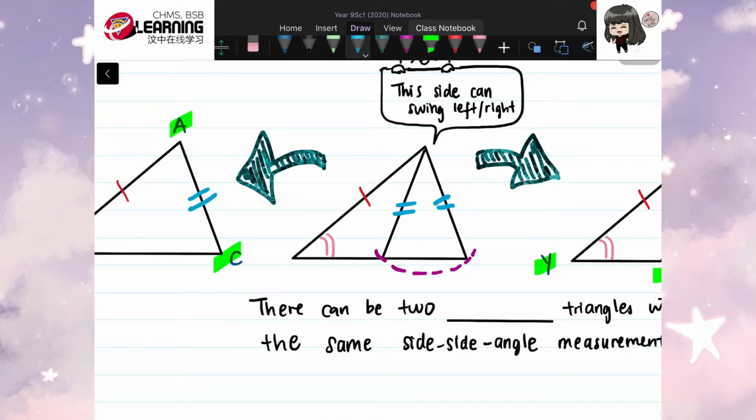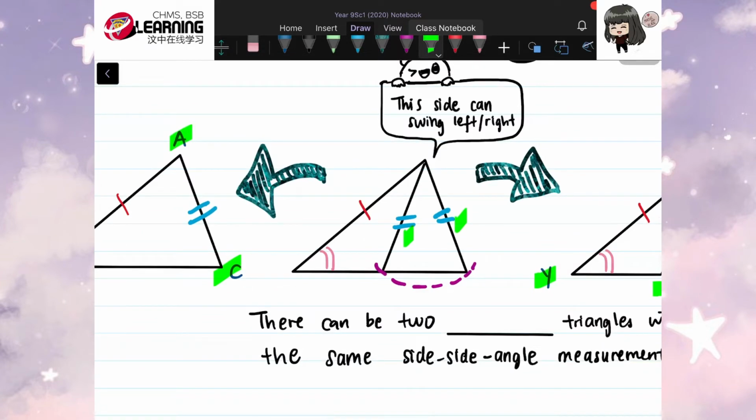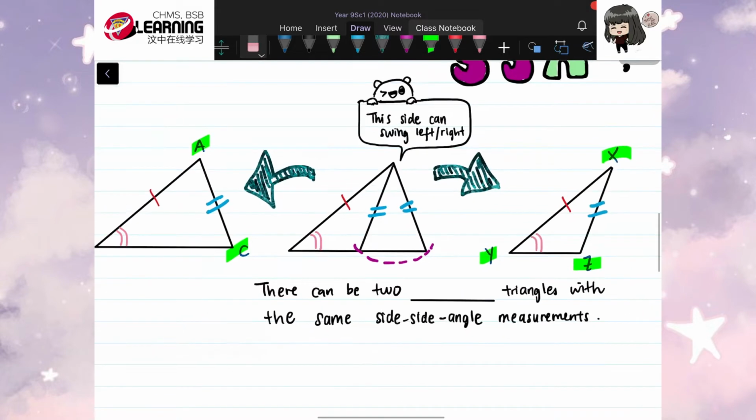Okay, same side. This one and this one is the same side. When you swing, this side can swing left and right, so it means that it can form two triangles. It can form two triangles with the same side, the blue one. So it means that they can be two different triangles